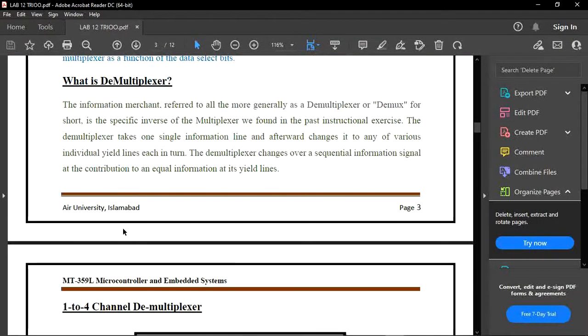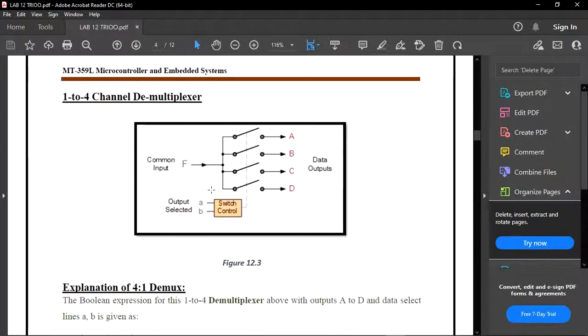So now we are going to learn about the demultiplexer. A demultiplexer, known as DMUX, is the exact inverse of the multiplexers we covered in our past tutorials. The demultiplexer takes one single input line and then switches it to any of several individual output lines. So you can see here a 1x4 demultiplexer means one common input, giving us 4 data outputs.